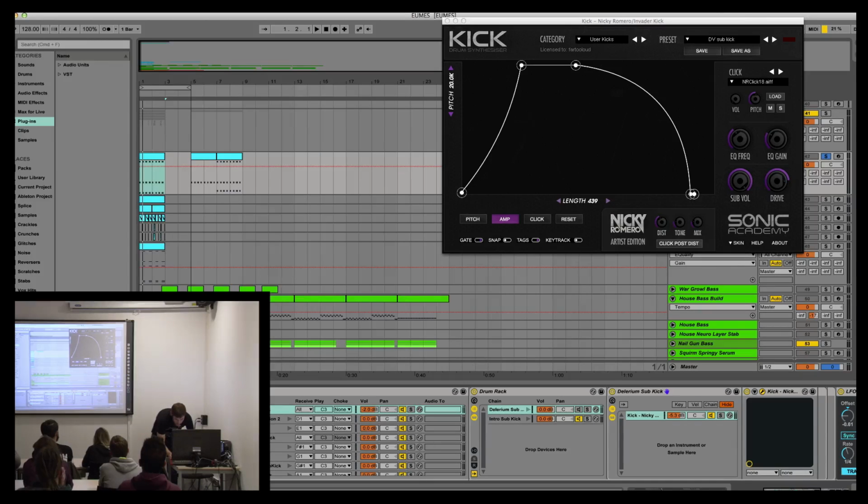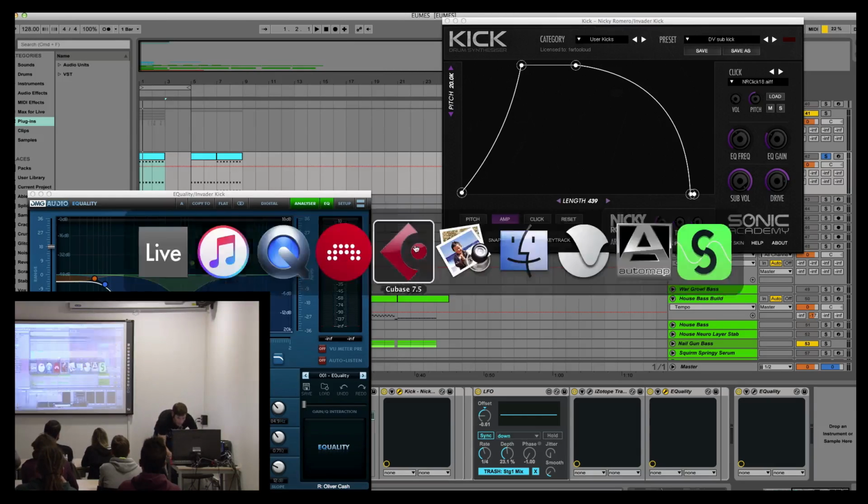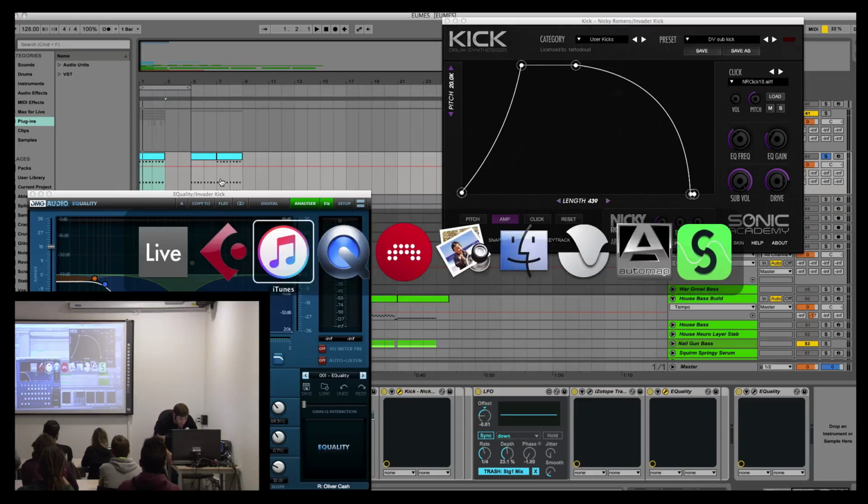So if you look at the EQ that's going on after this kick drum, you see I've cut off so much of it there. So I think the next thing you need to decide with the kick drum is, do you want to do that? Do you want to use a sample to create the initial sub frequencies and then just use this for the very low sub frequencies, or